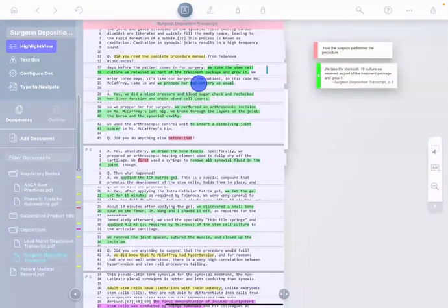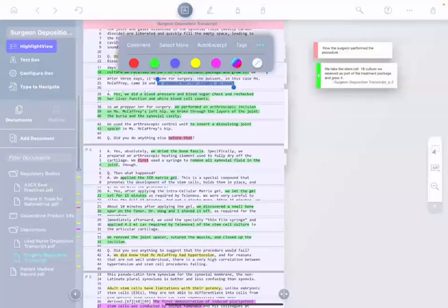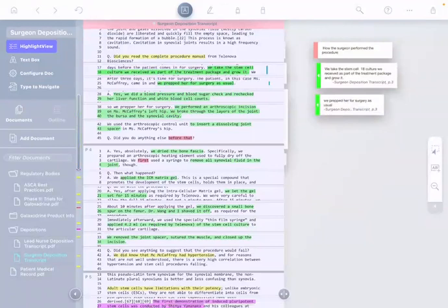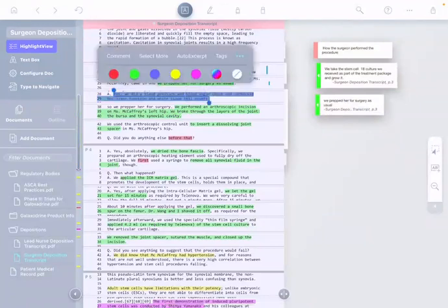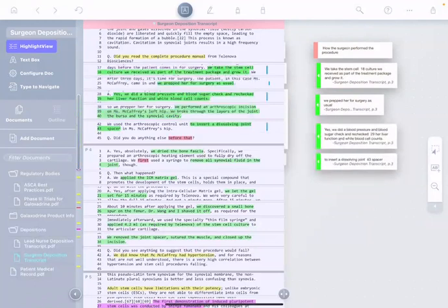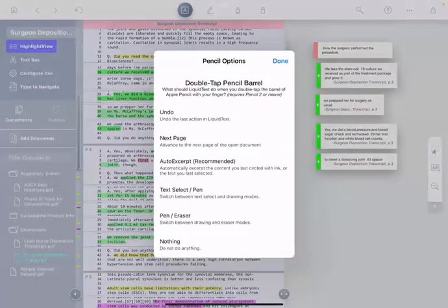Okay, now I go on to the second one and I say, I have a bunch to pull out here. Maybe I want to automate this a little bit, and I can. I could just tap auto excerpt. And what the app does is it pulls out the excerpt automatically, puts it in the next available piece of empty space. And then I can just keep doing that. And it just keeps pulling them out. Great feature. And one of the nice things, if you happen to be doing this on your iPad and you have an Apple Pencil, if you double tap it, you have a whole bunch of different options here for what happens, but maybe the most fun is the auto excerpt.